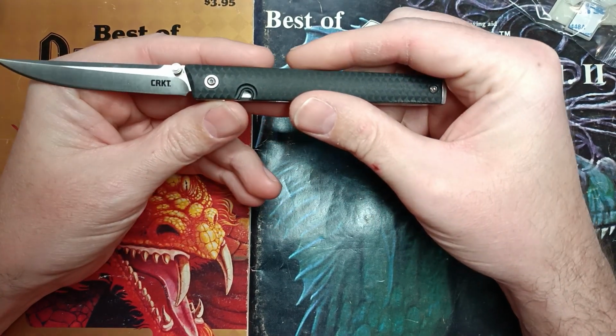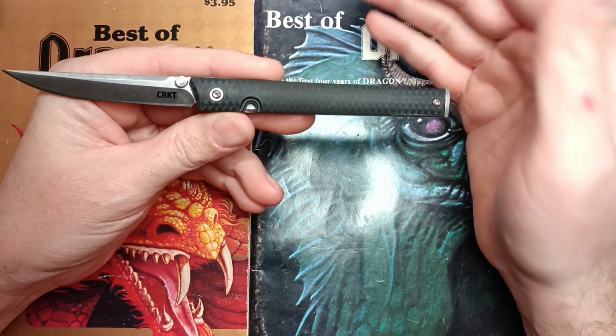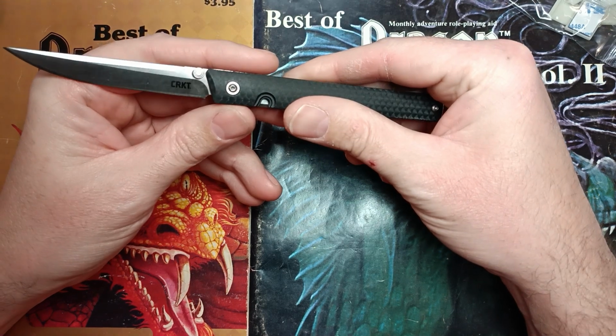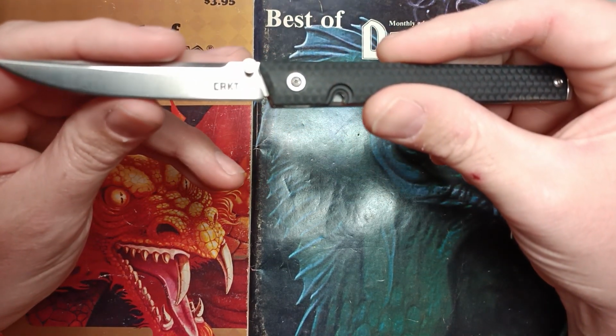But, you know, we did that 3 hours and 45 minutes. We had a ton of fun in the chat, all that stuff, but we took it to the strop for around 1.5 to 2 minutes. Not as thorough of a strop as I've been doing, and one thing to note is the factory edge had